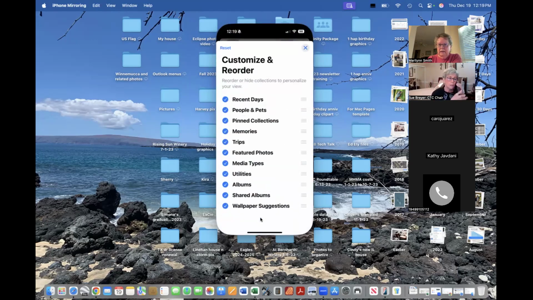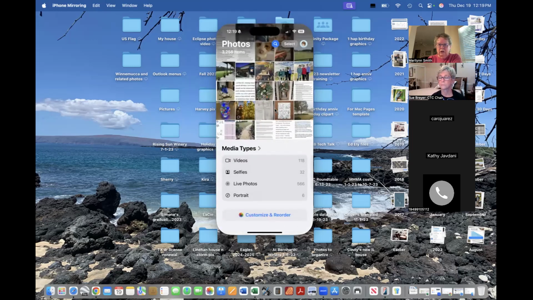And when you do that, this shows you why all those different things are showing up. And the suggestion that was made in an article, and I followed it, and it makes things much better, is to uncheck everything except media types. Does that mean you can't find these again? No, it just means they're not going to show up the first time every time you go into photos. So once you've done that, then it's a whole lot more